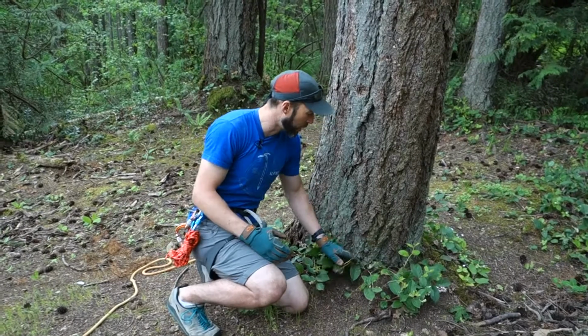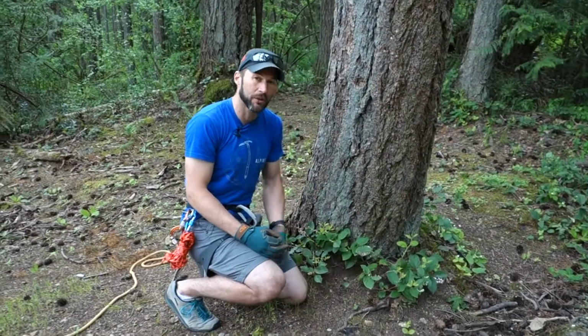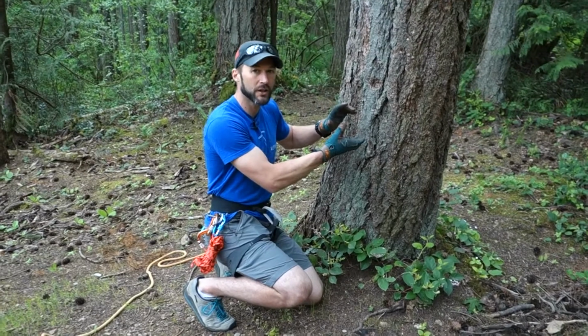If you sling low, sling it right at the bottom. Then when it's under load, there's nowhere for it to go, and so it's much more secure. The only time you might want to go high is, say you have a significant branch on a tree coming